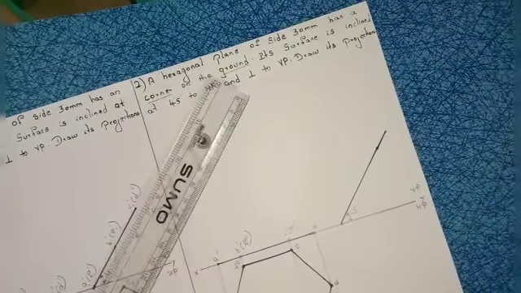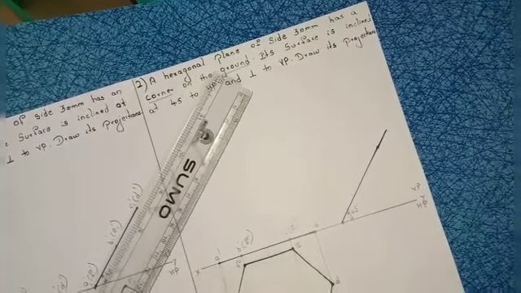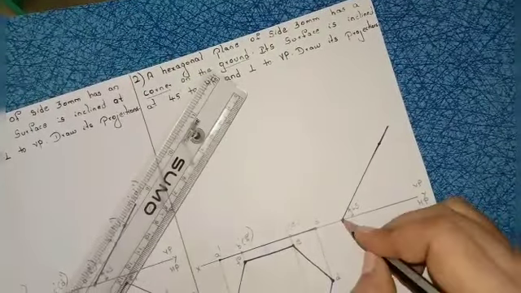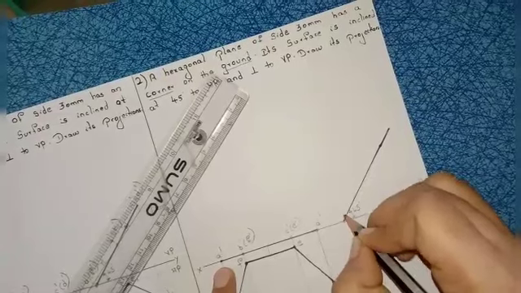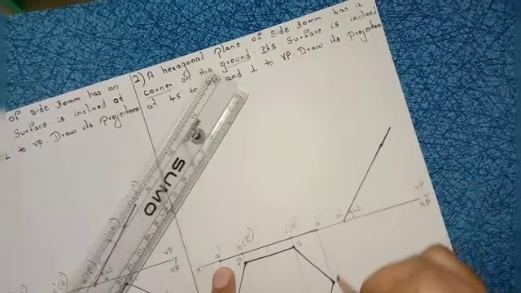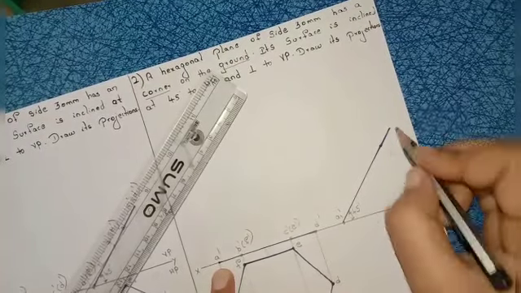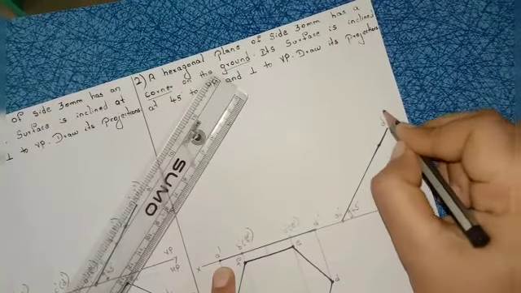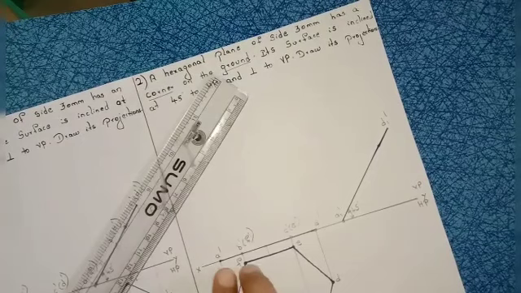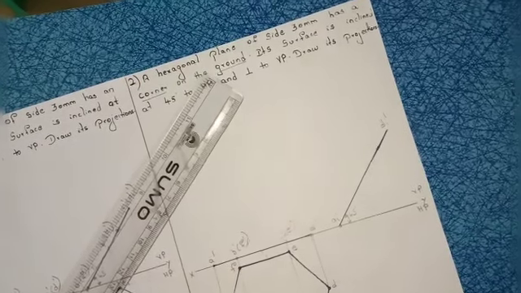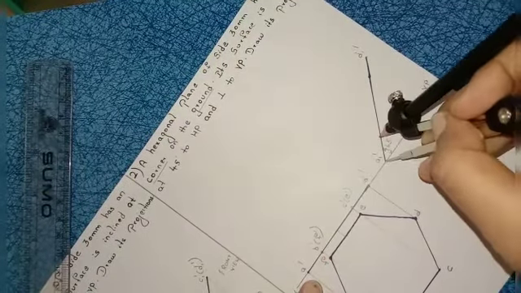Right? After that, what I have to do? I have to mark these points here. What is the starting point here? A dash, no? So I will write here A1 dash. What is the last point here? D dash. So write down here D1 dash. Now I want to measure the distance from A to B. Simply, I will take the distance from A to B with compass. From A, I will mark the B point.